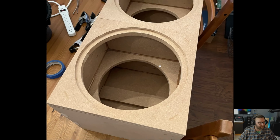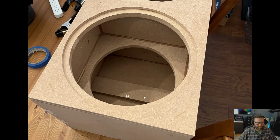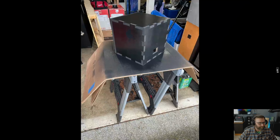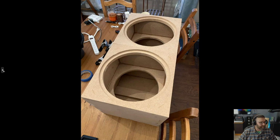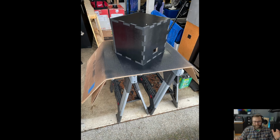Again, you can see all of the silicone there, some of the clamps we used. That's kind of done. You can see that brace. There's that brace in the back we were talking about. Let's see, did I skip one? No, I didn't. Okay, so then what we did is we took it outside, and literally you could do this